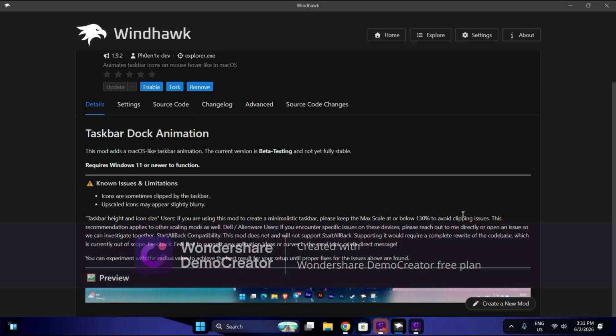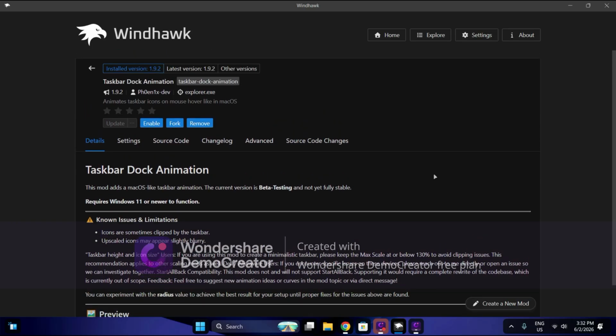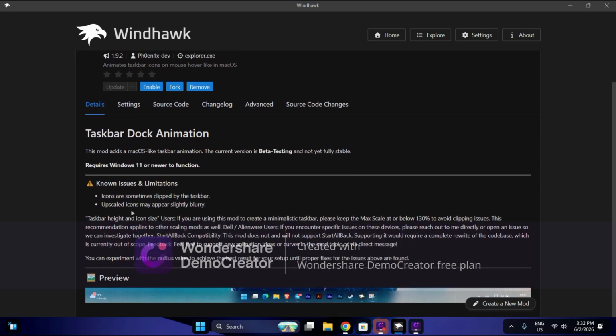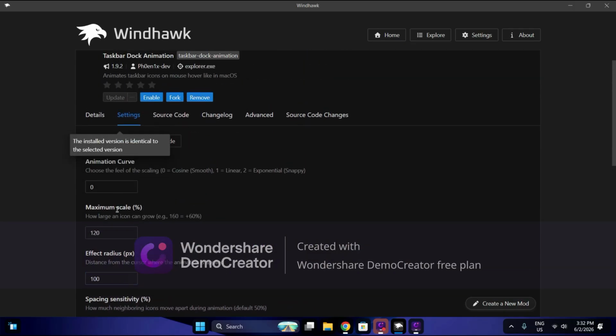Please keep the max scale at or below 130% to avoid clipping issues. And this is recommended by the creator because it doesn't cause any problem. It is by default 120. I've set it to 120, and if you want you can just click it on to 100. Let me just try 100,